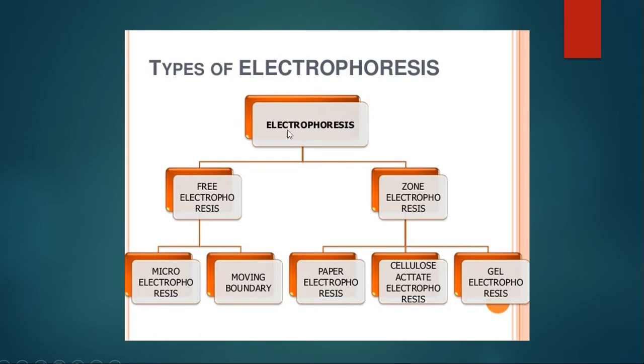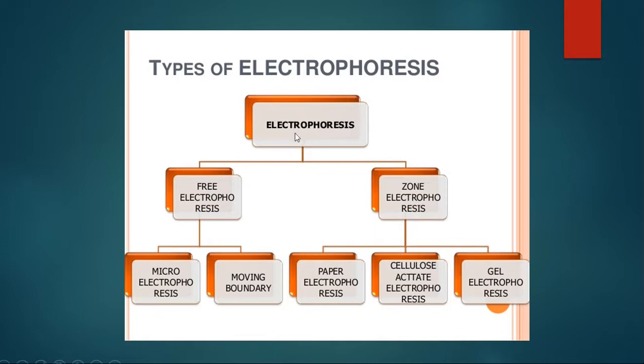Let's have a quick review of what electrophoresis is and what the types are. Electrophoresis, as we have read, is a process of moving charged molecules in solution by applying an electric field across the mixture. That's why we call it electrophoresis. This technique was invented by Mr. Tiselius in the year 1937. For the principle and applications, you can look into that part where it was explained in detail.